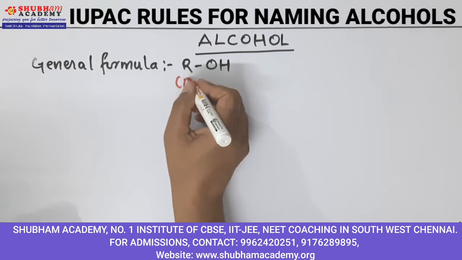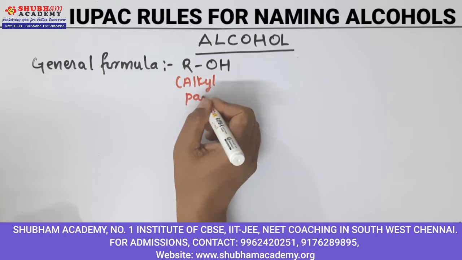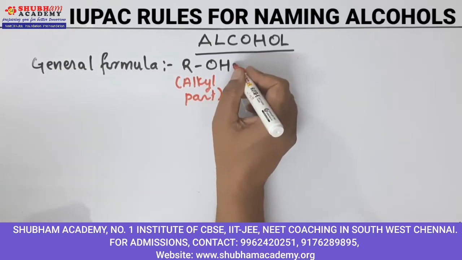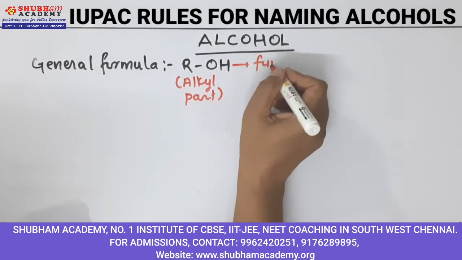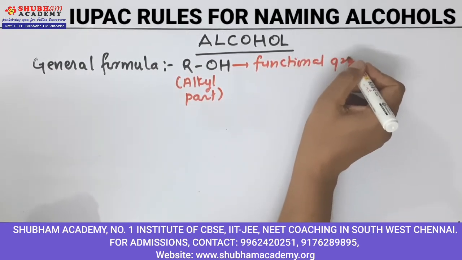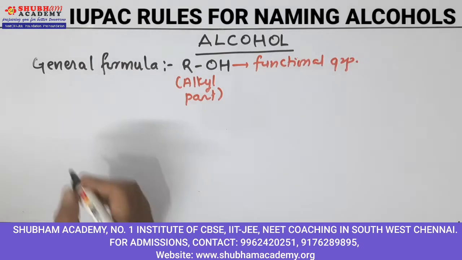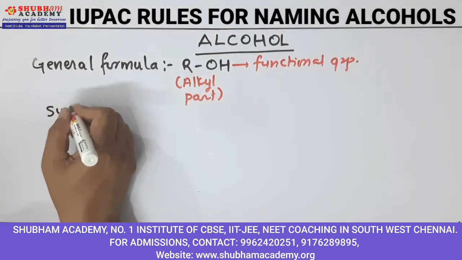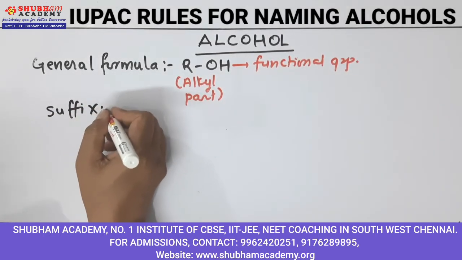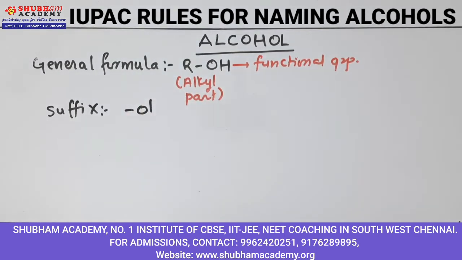So R is alkyl part and this is the functional group, right? So general formula is ROH and suffix is ol, right? The rule here which we are going to use is